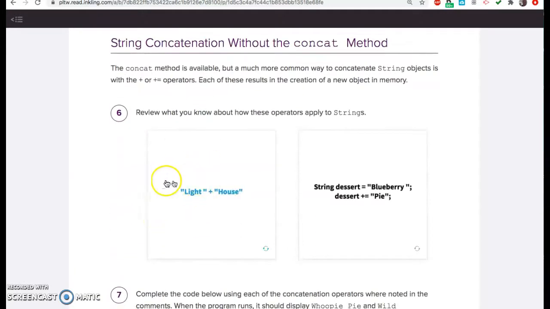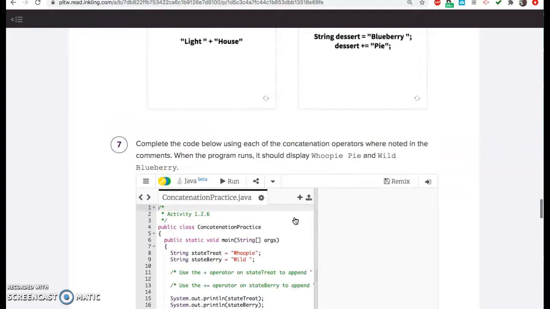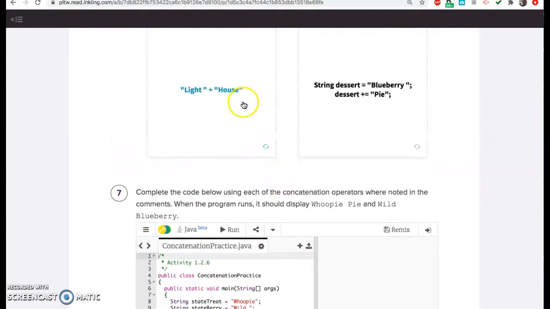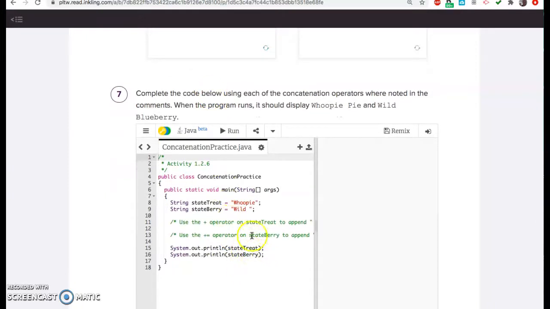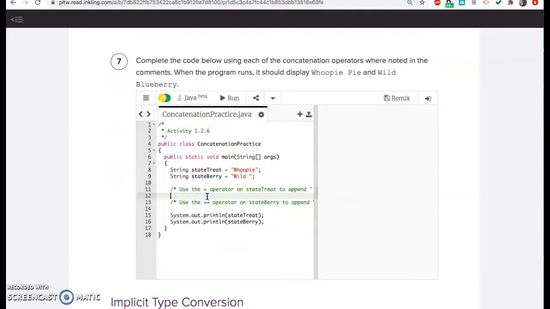Anyway, so we've been doing concatenation, right? We've done it before. So one says do it with the plus, kind of like this. The other says do it with the plus equals, kind of like this. So, you can do that pretty easily. But be careful because remember state treat. So it wouldn't be okay if I just said state treat